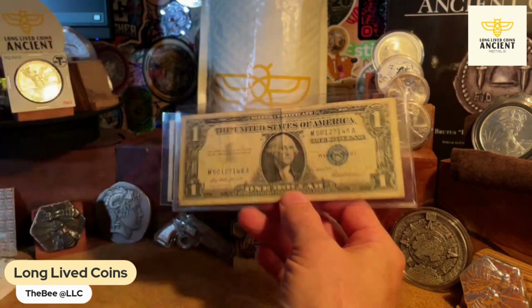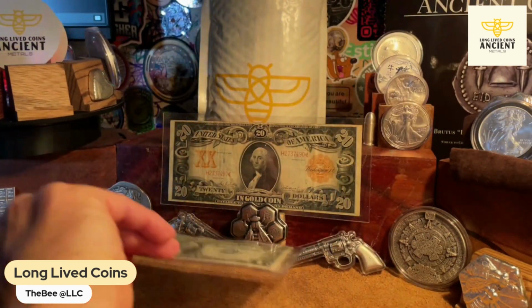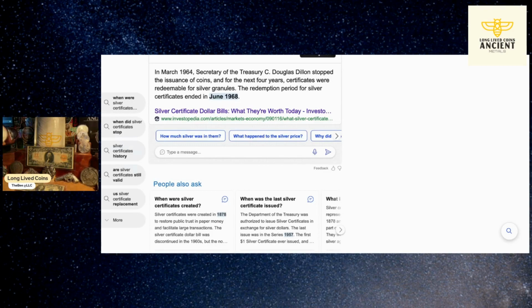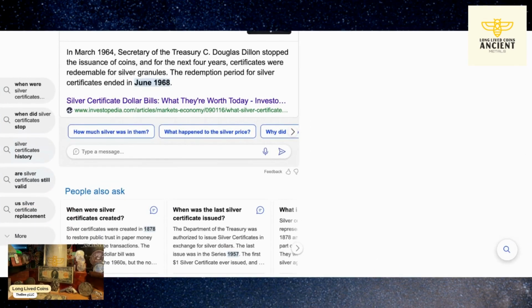And then I found this site I wanted to point out that I thought was kind of interesting. Let me share this. This says that in March 1964, Secretary of the Treasury Douglas Dillon stopped the issue of coins, and for the next four years, certificates were redeemable for silver granules. So we all know that they took the silver out of our coinage in 1964. So 1964 and prior change had